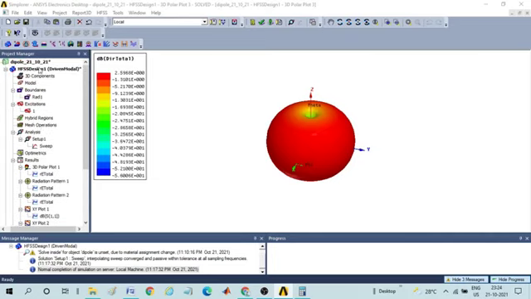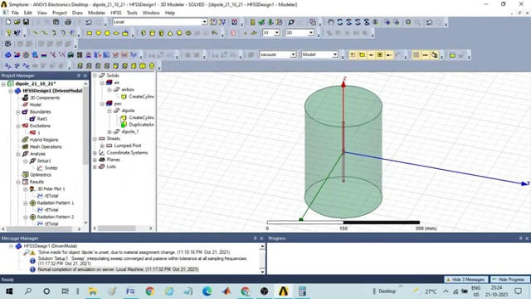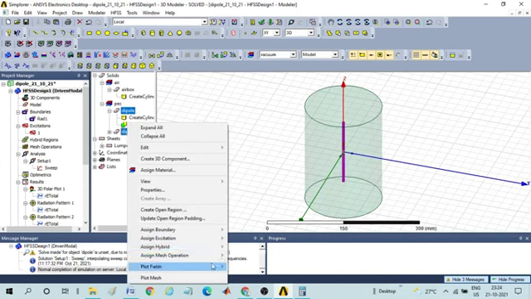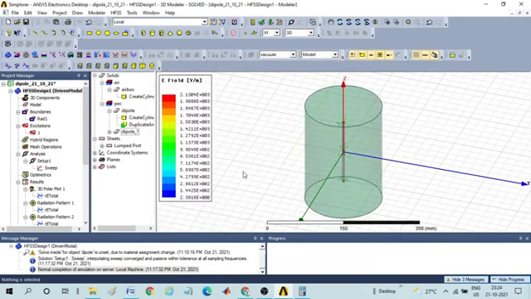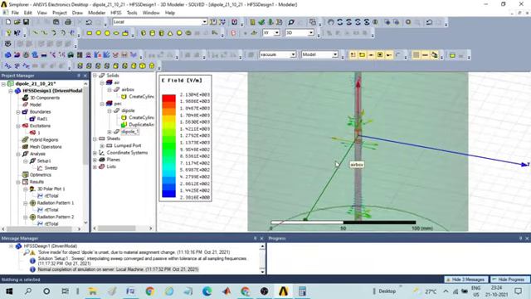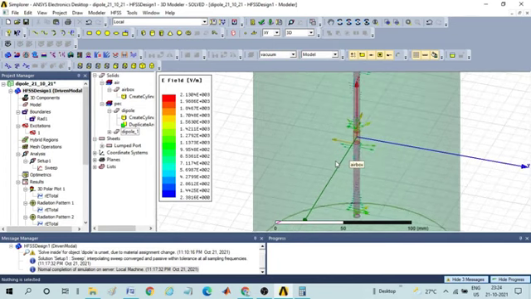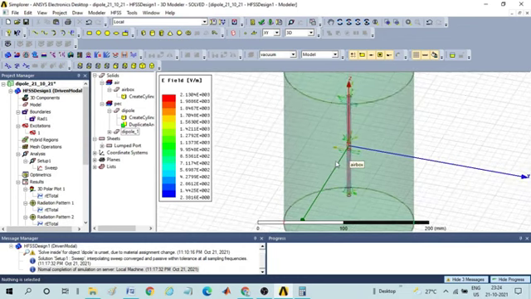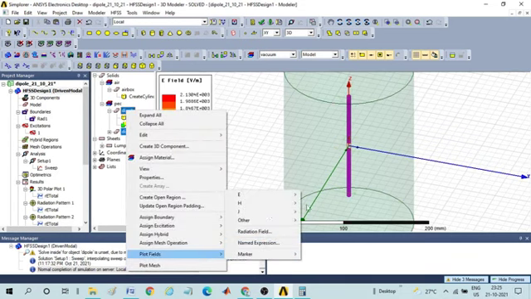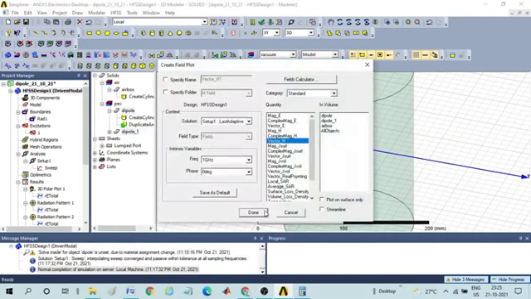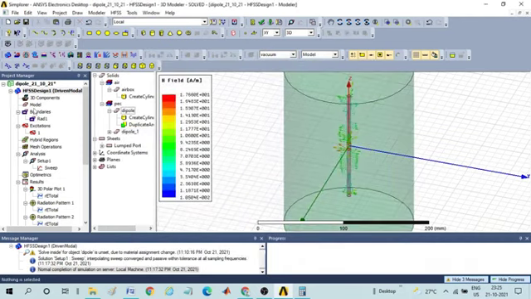So let us see how the fields are actually distributed. Go to HFSS. Here select dipole as well as dipole 1. Now right click, plot fields, electric field as a vector. So you can see the radiation part, it is happening with a very minor value towards the middle only. Similarly, click on both, plot fields, go to magnetic field, click as vector field only. So you can see the variation.